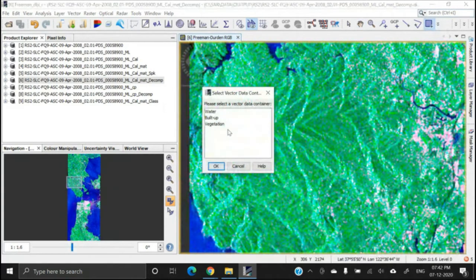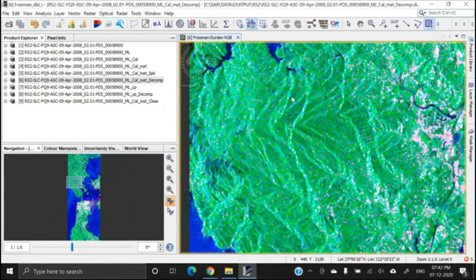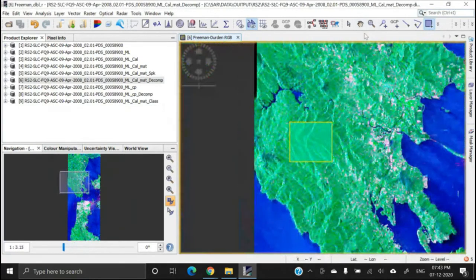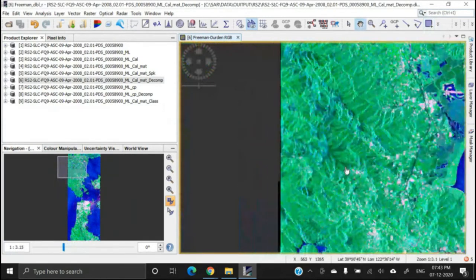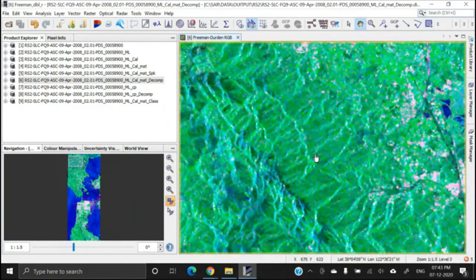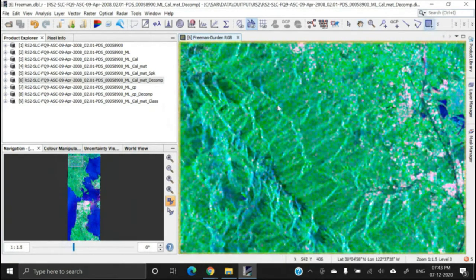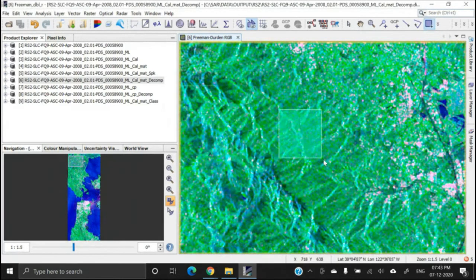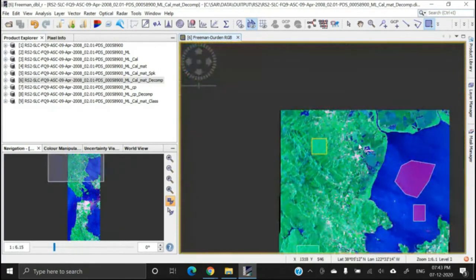So now vegetation. Okay. Just select vegetation. Okay. So these are the vegetated pixels.